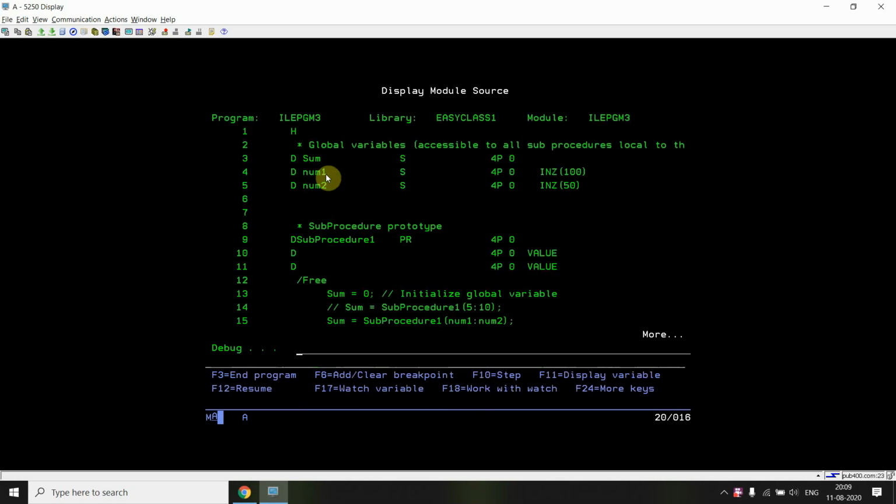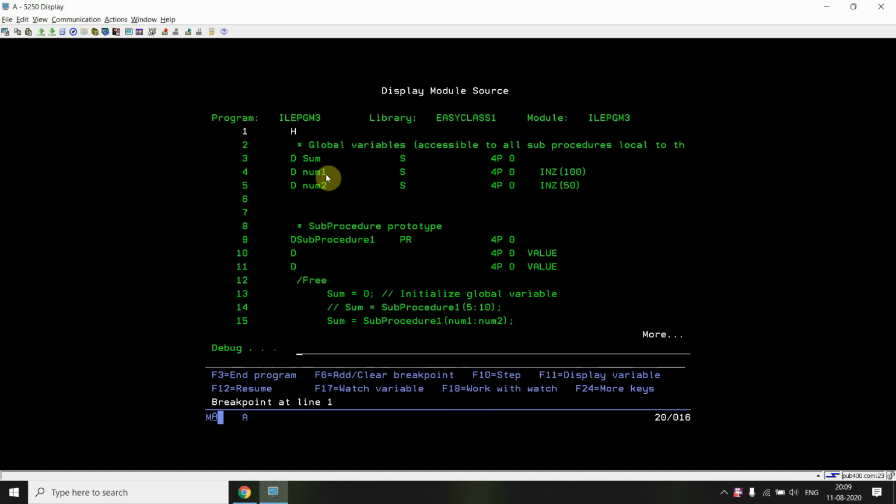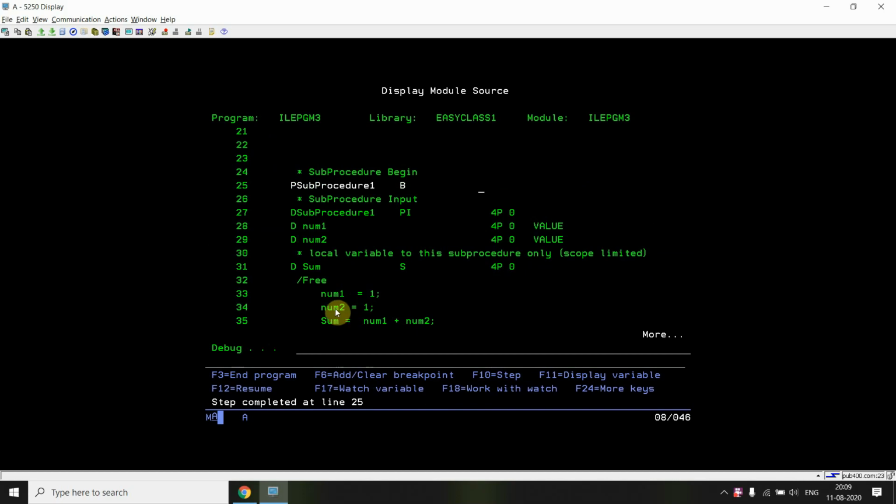Just wait for some seconds. It will come. Set the breakpoint at line number 1. Call ILE PGM3 now. So this is call by value. Here you can see num1 is 100 and num2 is 50. Just press Shift F10. Here you receive num1 as 100 and num2 as 50, but once you press F10